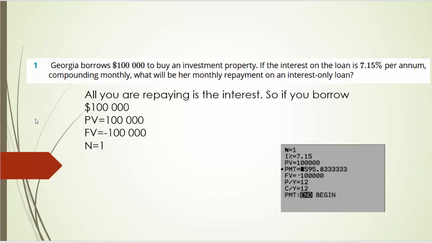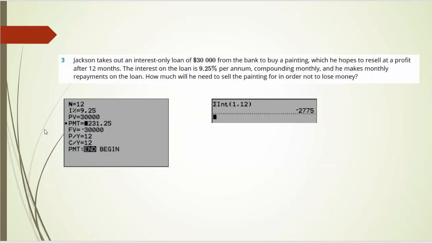$595.83 a month, which means that the rent will have to be $595.83, rent minus expenses. Number 3, Jackson takes out an interest-only loan of $30,000 to buy a painting,